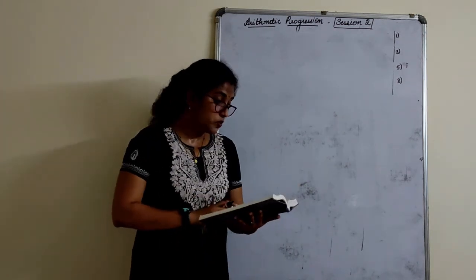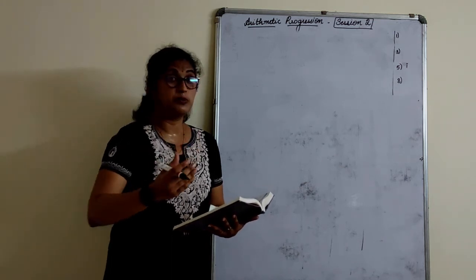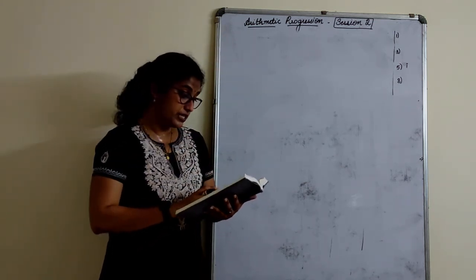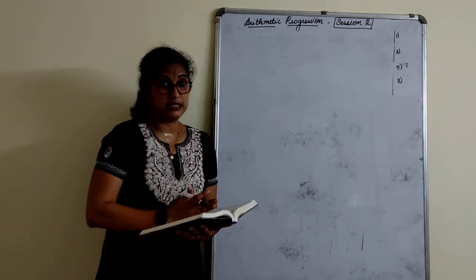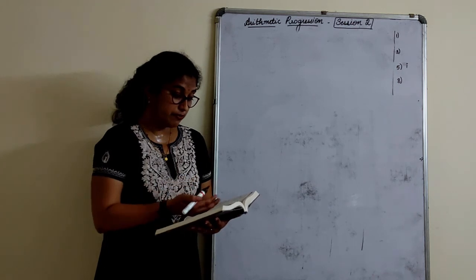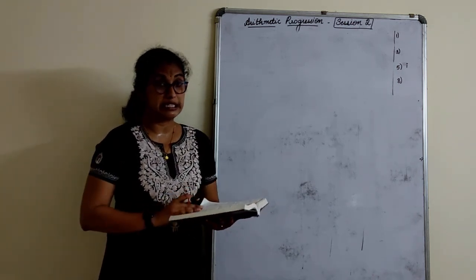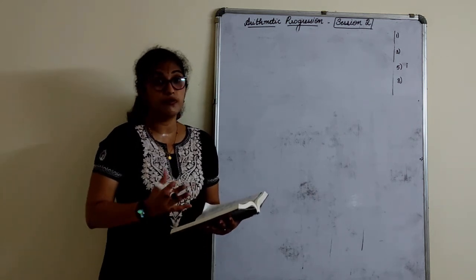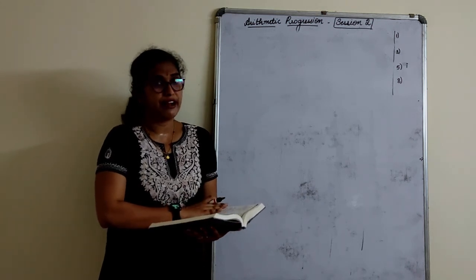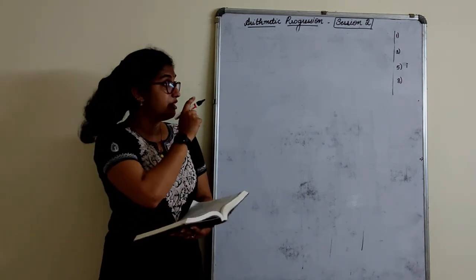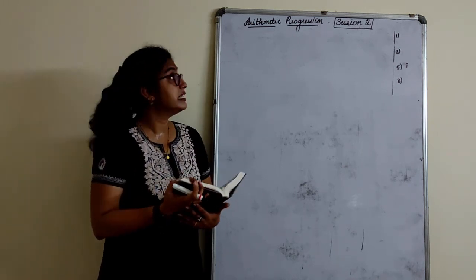Yeah, children, if I go to see here in this exercise, there are 20 sums and it has already been such a long time that we have solved the first 11 or 12 sums now. So what we will do is we will just break this exercise so that in the next session I will be solving the 13th sum onwards. 13th to 20th we will be doing in the next session, because I can't give you any more homework here because all have to be solved now. So with this sum we'll wind up with the class, that is the 12th sum. I've given you some homework also. So from the 13th sum, we'll continue that in our next session.